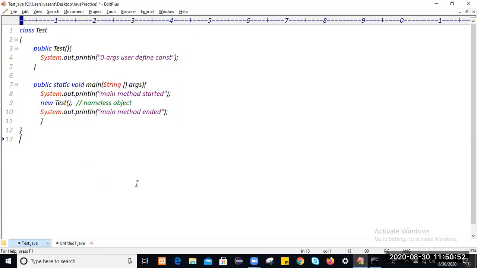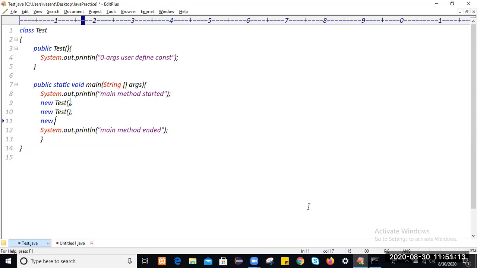Can you see what this new is? New is a keyword in Java. Test is a class name, and we are using this whole statement as object creation. The number of times you write this statement, that number of times an object will get created, and that number of times the corresponding zero args constructor will get executed.